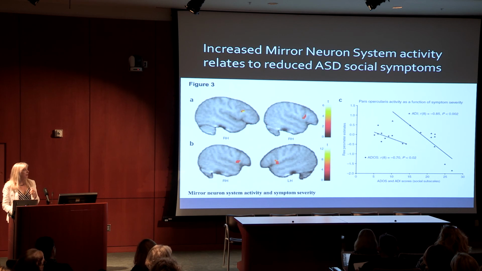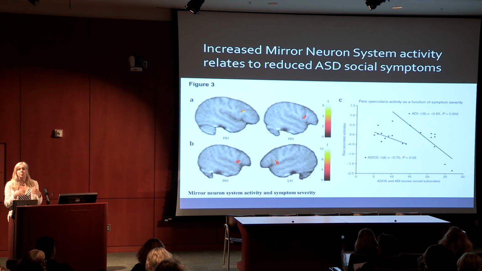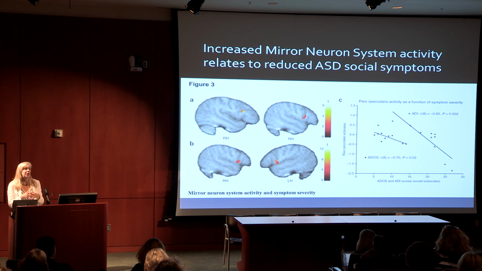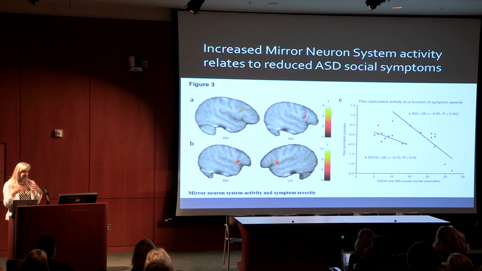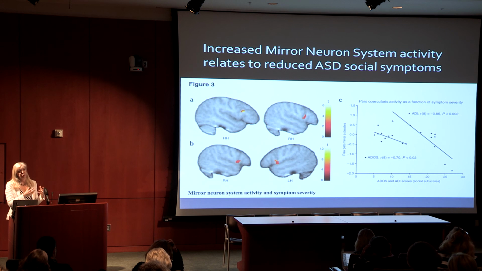So the question again is, how does this relate to severity of social symptoms? And it turns out that particularly in that mirroring area in the frontal cortex, it's related to social functioning on both the ADOS and the ADI, particularly in the social symptom severity aspects of those scales. So in other words, the more activity in this area, the better social functioning. The less activity in this mirroring area, the poorer the social outcome, the poorer the social communication. So again, it suggests that some of the variation that we see in the severity of these social communication, social interaction systems relates to differences in how the brain itself is functioning.